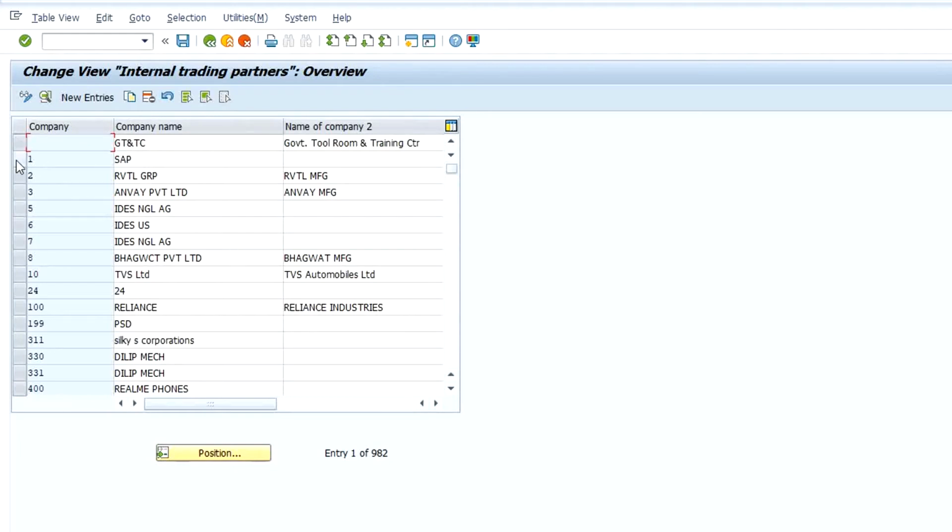Now we can create through new entries or we can create through copy as. We will be doing it through copy. Select any one from which you want to copy and click on copy as.